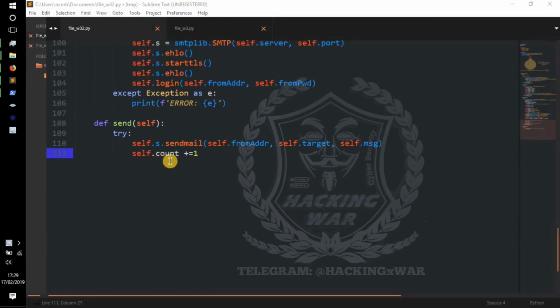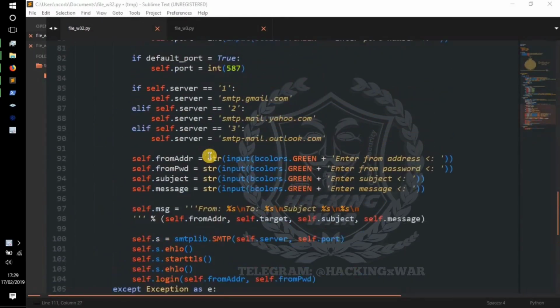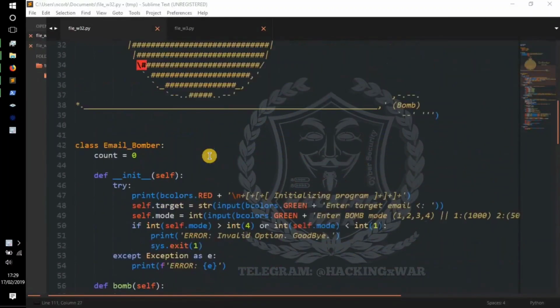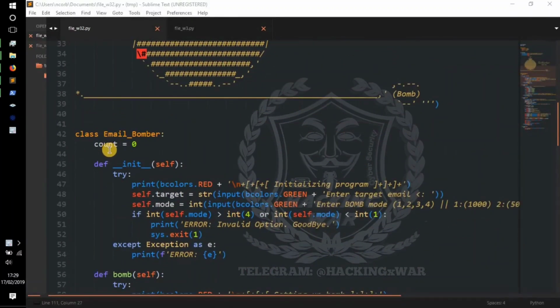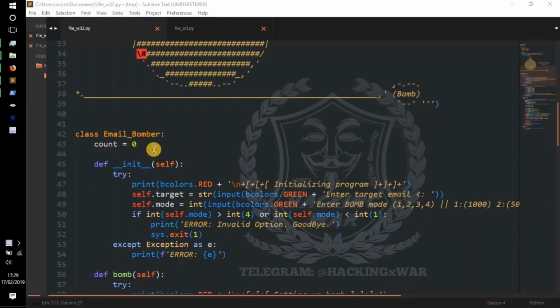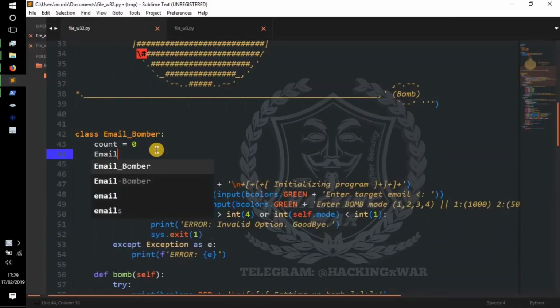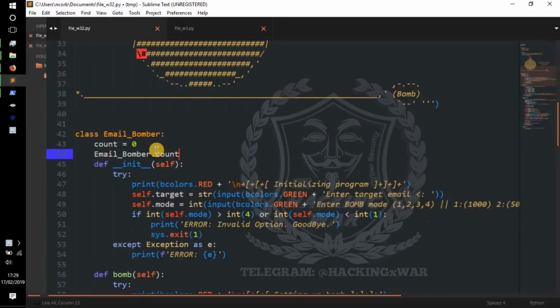So the reason I've written self.count, if you remember, towards the start of the tutorial, we've got count up here. That's what it's relating to. Now you might think, oh, how come there's no self here like we've got here, self.target, self.mode? The reason being is, when you use count, it's a class attribute. So it's basically like email_bomber.count. Now I could use email_bomber.count, that's fine, but you can also use self, because the reason